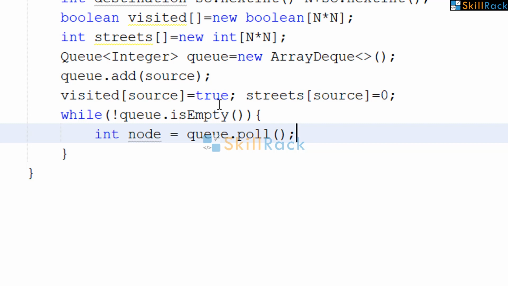So we have polled the element, because you have added only source to begin with. The first element that will be polled will be the source value itself. So for that polled node, we are going to get the related nodes.